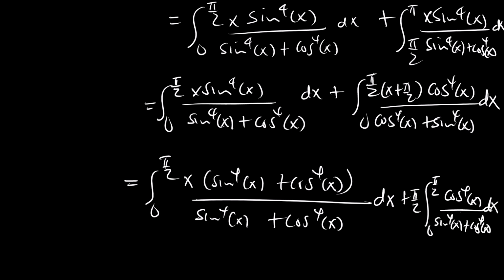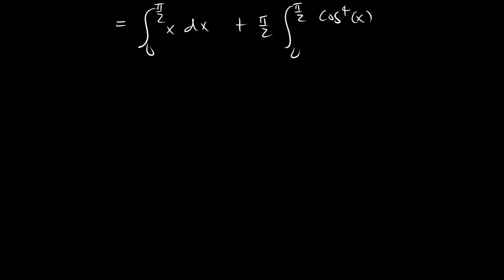Right. And we see that this and this cancel. So we've now come to a point where we have the integral from 0 to pi over 2 of x, plus the integral from 0 to pi over 2 of pi over 2 cosine of that over